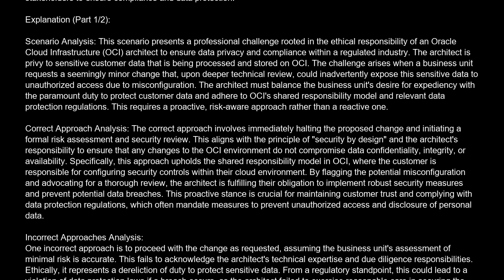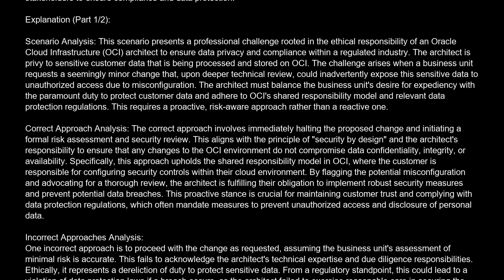The architect must balance the business unit's desire for expediency with the paramount duty to protect customer data and adhere to OCI's shared responsibility model and relevant data protection regulations. This requires a proactive, risk-aware approach rather than a reactive one. Correct approach analysis. The correct approach involves immediately halting the proposed change and initiating a formal risk assessment and security